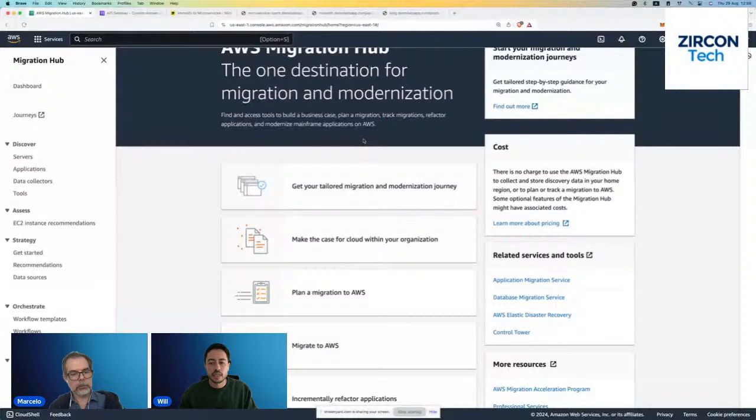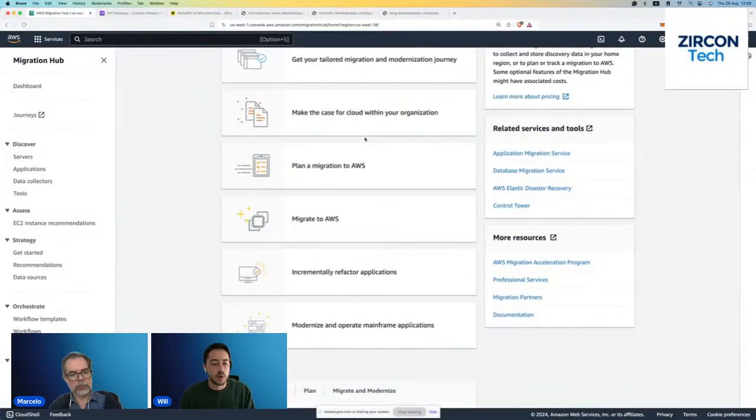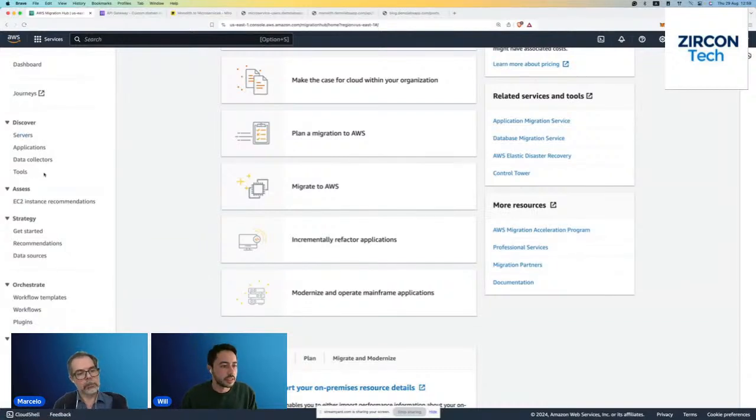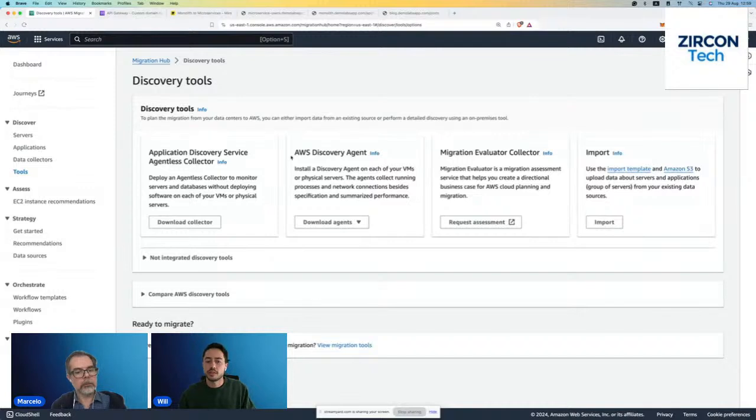So you can plan that in a more safe way, right? So just to dive in quickly into some of the things that we have here, we have some tools that are agents that will help you to collect information from your source system. You install this either in your cloud environment or your on-premises environment, and it will gather data to then be published into this dashboard,